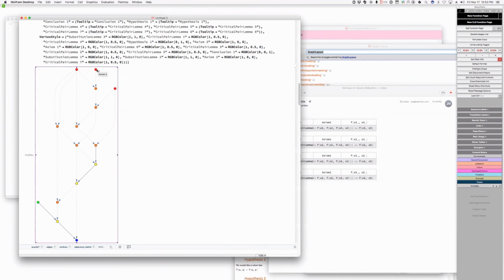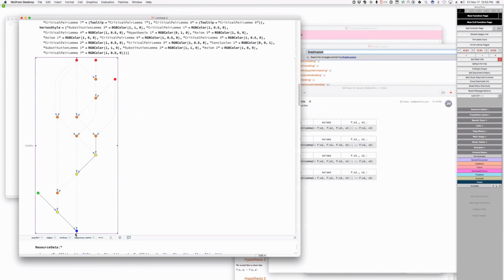Is there some symbol, for example, this is almost like the square for the QED at the end. Yeah, I think the standard would be to use a kind of tombstone square for the conclusion, and I may be wrong, but I think the standard is a sort of diamond for axioms. But I can check that. There definitely are conventions on proof networks in terms of the shapes of the nodes. Really? Okay. Well, then what's the shape of the node for a critical pair? That probably doesn't exist, because critical pairs tend not to be a feature of human proofs. They're really only a kind of thing that appears